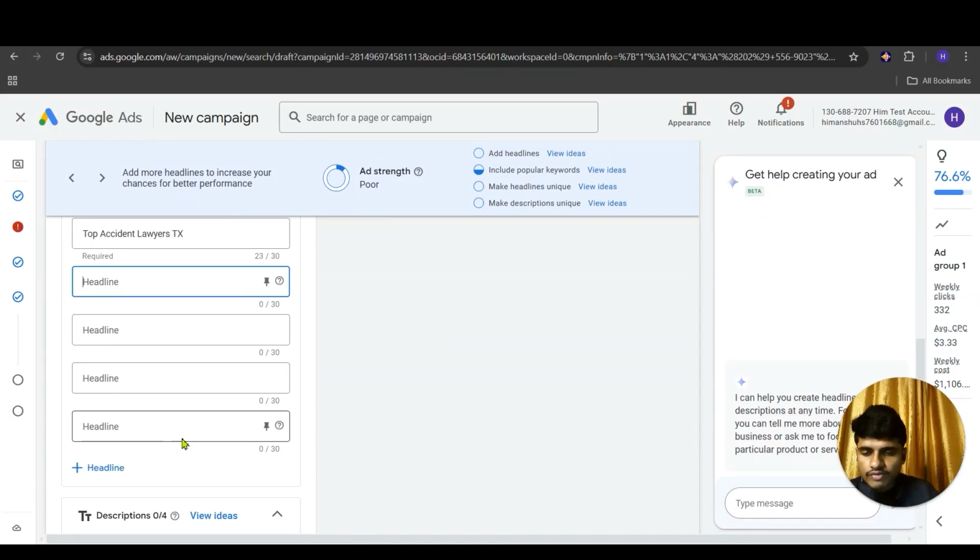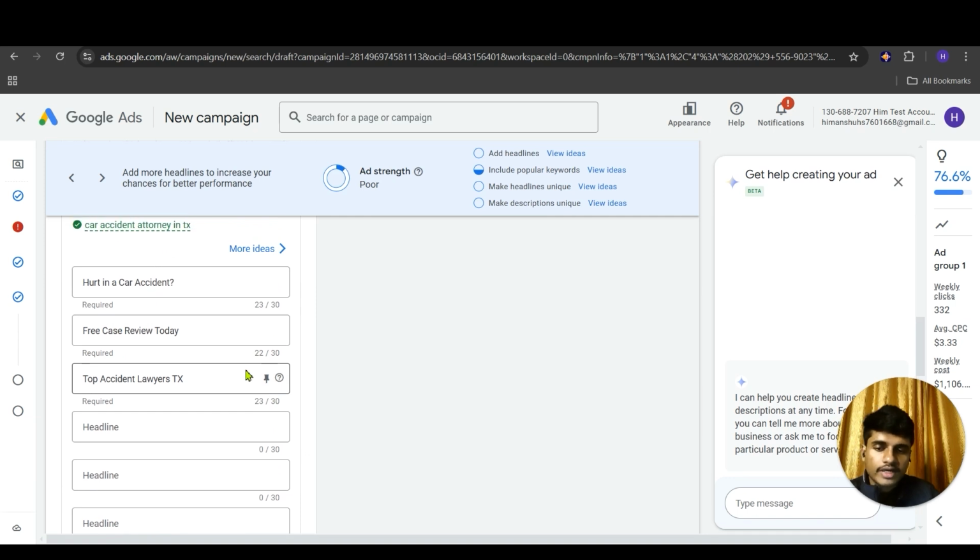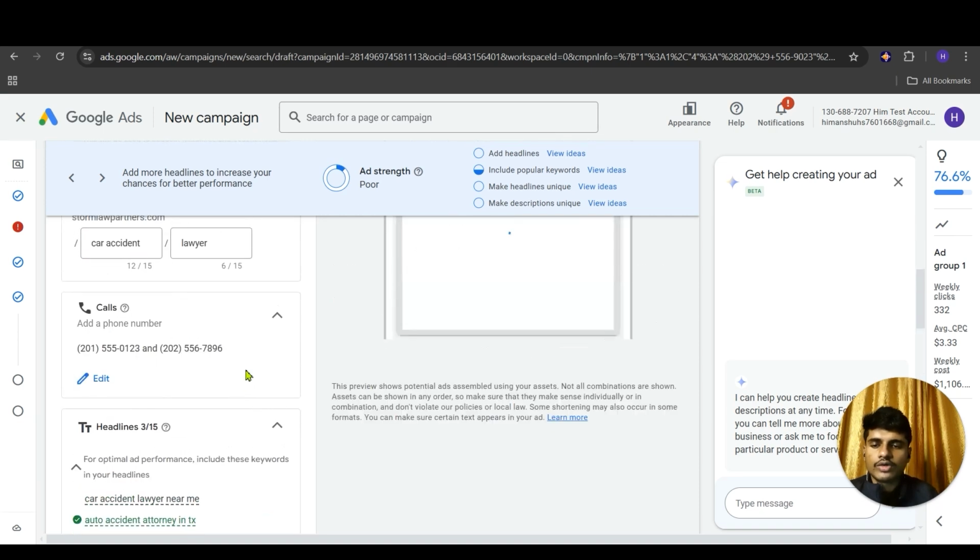And yes, there are 15 headlines. You can actually use all 15 headlines, but I would highly recommend that initially you use around 3 headlines, so that you get an idea about which headlines are actually working for you. So this is a small tip. You can actually use the 15 headlines. What you can really do is that,